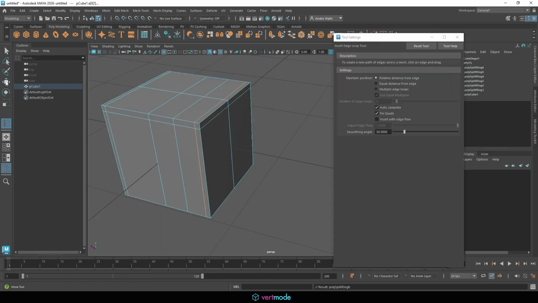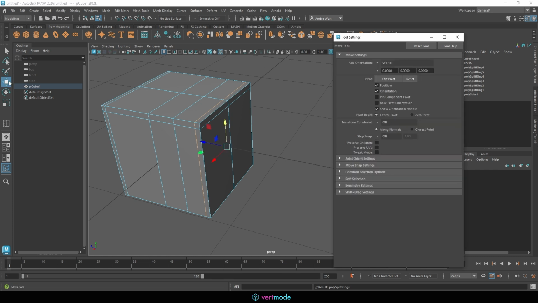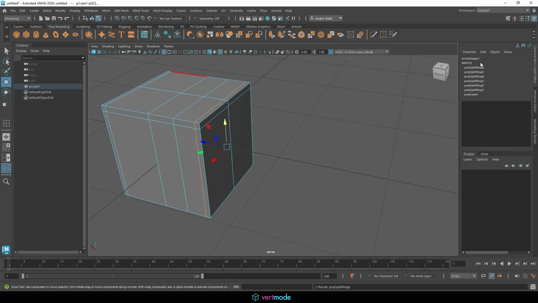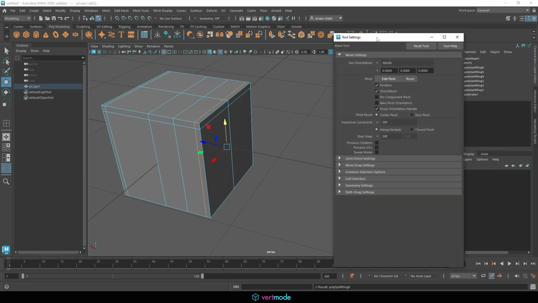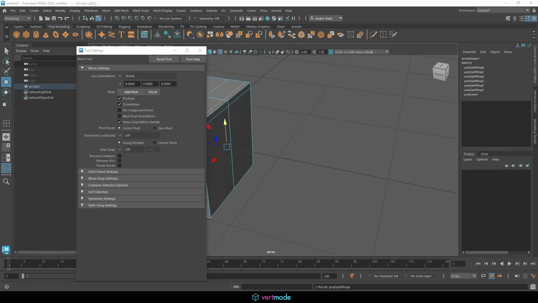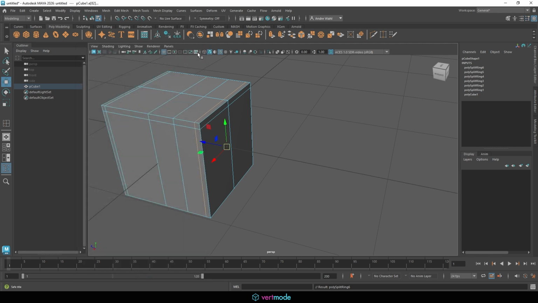This also works with other things like your move tool. If you double click your move tool here, and let me just show you, I'll close that. Double clicking move, rotate, scale, any of these will pull up this tool settings menu, and you'll notice it also has a reset tool. Now, just to show you the delete preference folder,